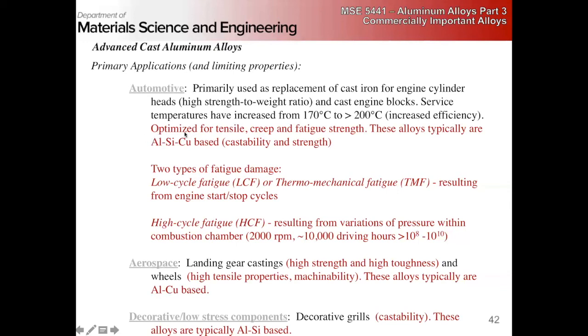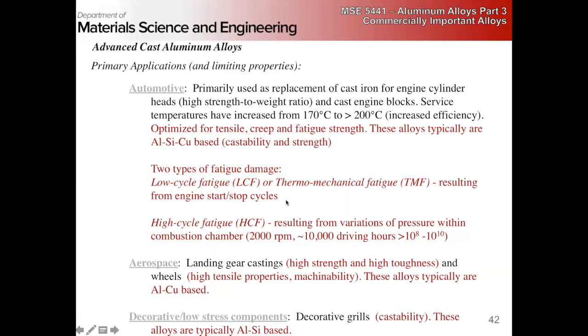So cast alloys for automotive use tend to be optimized for tensile, creep, and fatigue strength. And these alloys are going to be aluminum, silicon, copper based. We have two main failure modes, low cycle fatigue and high cycle fatigue. The low cycle fatigue is really thermomechanical fatigue. This is from engine start and stop cycles. When you start the engine, it gets hot and expands. And then when you cool it off, you have